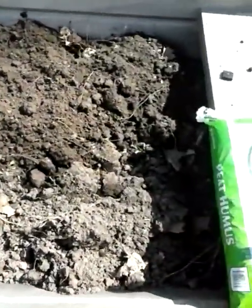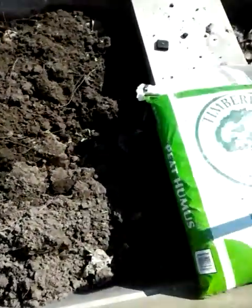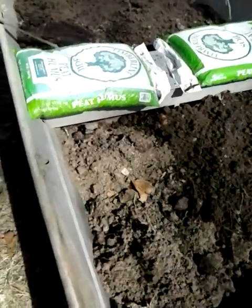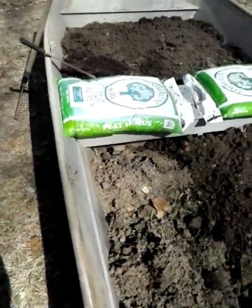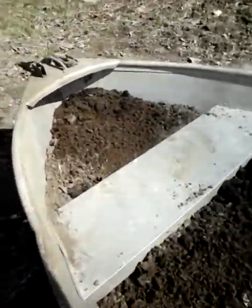And this section here I'm still working on filling, digging this out by hand and mixing in, you know, the peat moss and just the plain old dirt that we have in our yard. And then what I hope to be doing here in the next couple of weeks, as soon as it's warm enough to be planting outside, is we're going to have sweet potatoes up here in the front end here,